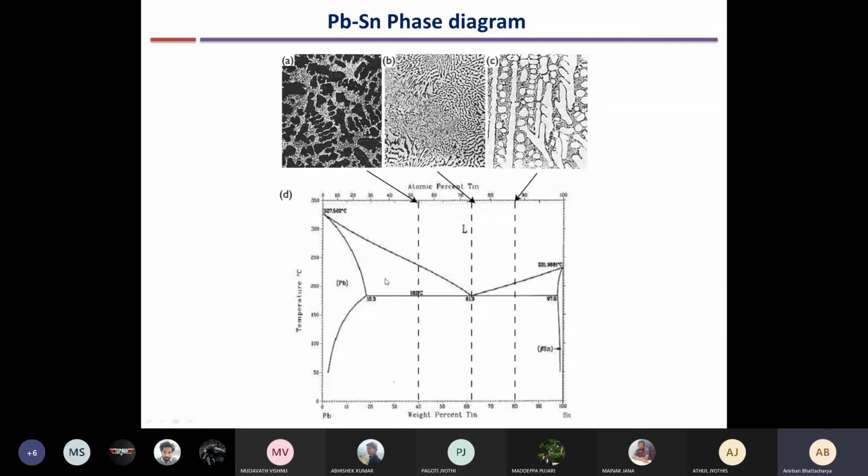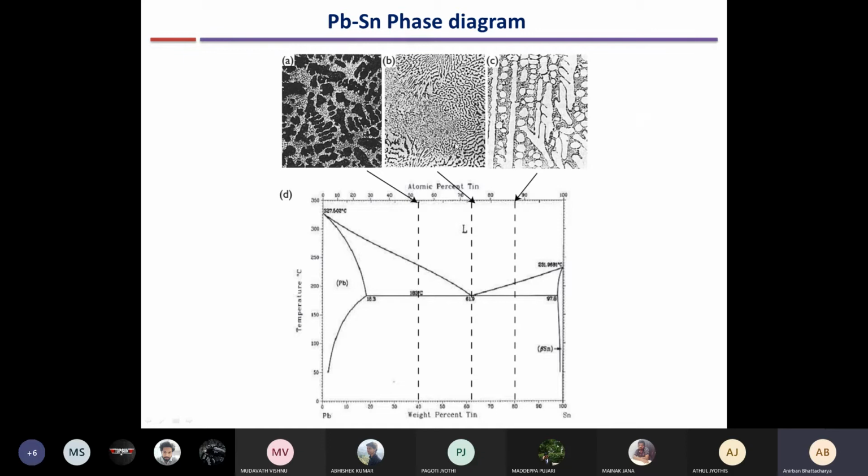So this is for lead and tin, and the rest of it is eutectic phase. Okay, the alpha phase is the black phase. The rest of these gray areas are eutectic. If you zoom in here, you will see lamella like this. So if I have exactly the eutectic composition, you will see alternate layers of black and white, which are the alpha and beta phases, which grew simultaneously. Okay, so this is how eutectic looks.